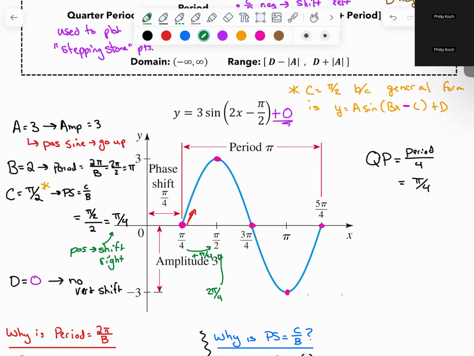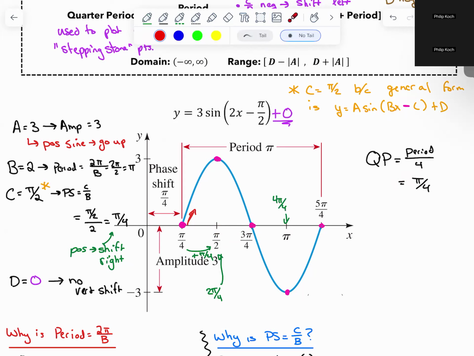So we start with the phase shift. The next point is moving a quarter period. The next point, moving another quarter period, because this is 2 pi over 4. Sorry, people watching the recording, you can't see this. From here, to find the next point, we go another quarter period, because this is 2 pi over 4 plus another quarter period of pi over 4. It gives me 3 pi over 4. And then this one right here is 4 pi over 4. So we're going another quarter period and then another quarter period. So we do it 4 times.